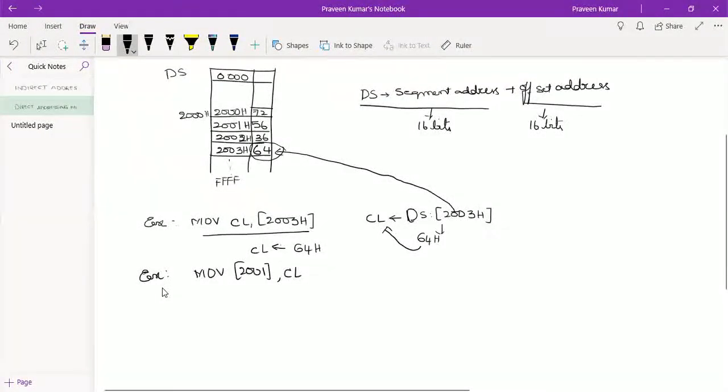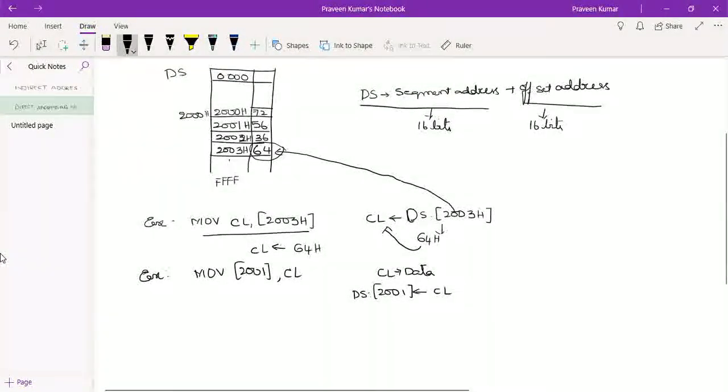So what does this mean? There is already data available in CL, and that has to be moved into the 2001 location. This signifies only the address because it has been given in the square brackets. So in DS there is a 2001H location, and that location will receive the data which is stored in the CL register.